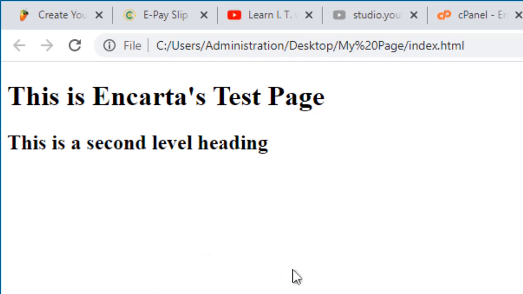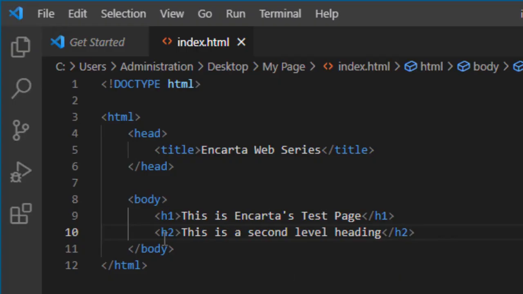Yeah, this is it. Now you can see that the second heading is a bit smaller than the first heading. That is how it goes. From H1 to H6, the more you go up, the lesser the size of the text is. So let me create the other levels. So instead of just typing everything, let me just copy